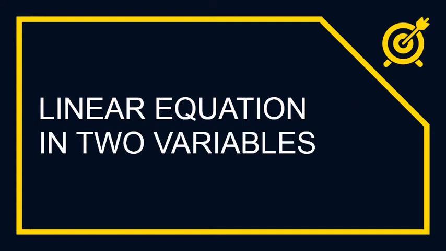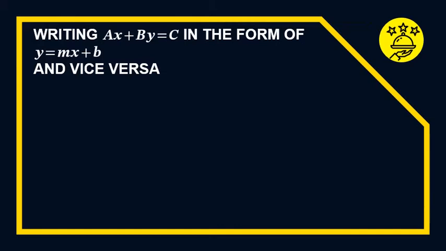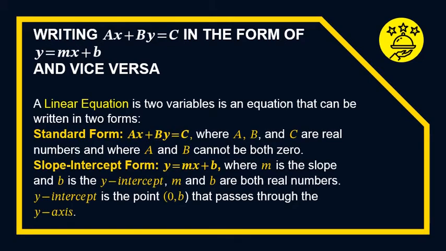Linear equation in two variables. Activity 1. Let's try. Solve for y in terms of x and then determine its slope. Writing ax plus by is equal to c in the form of y is equal to mx plus b and vice versa. A linear equation in two variables is an equation that can be written in two forms, standard form